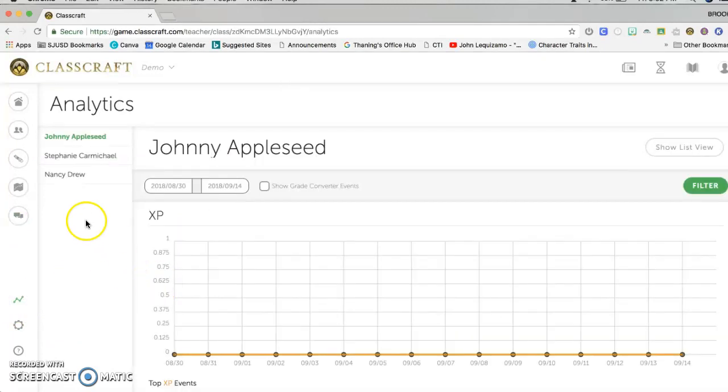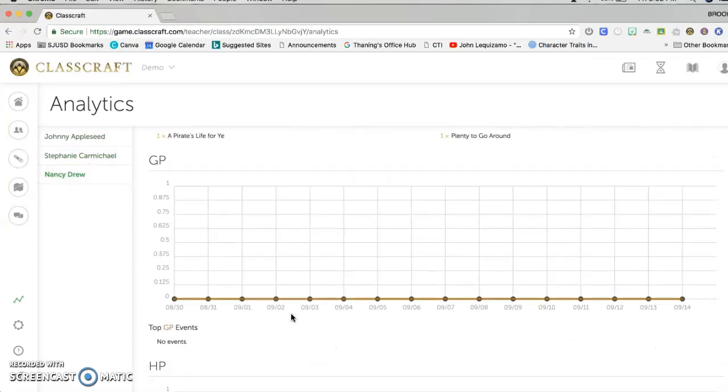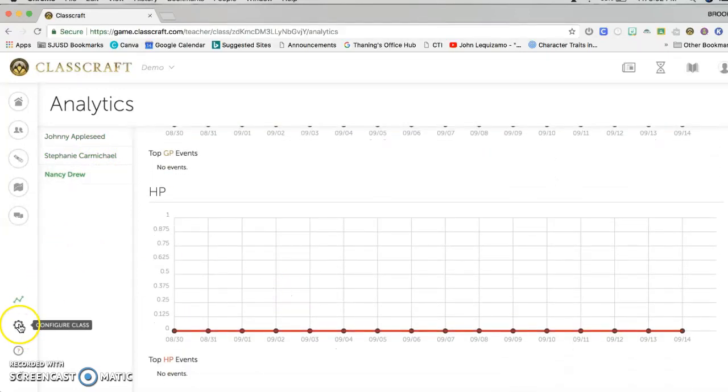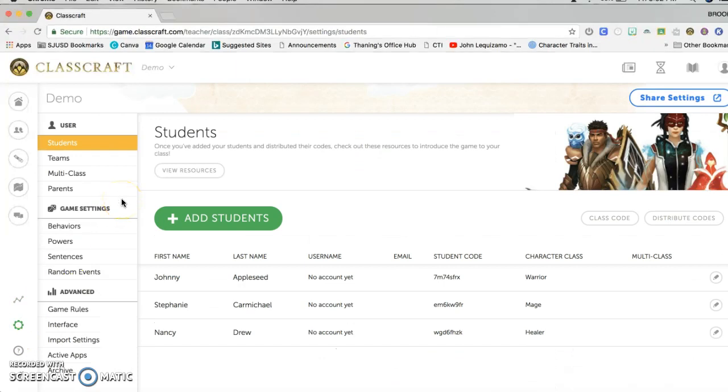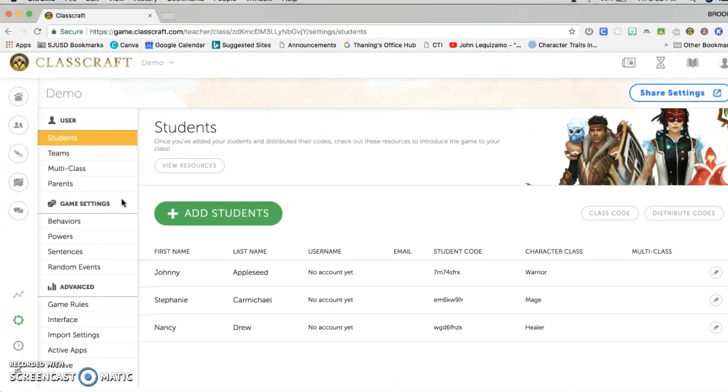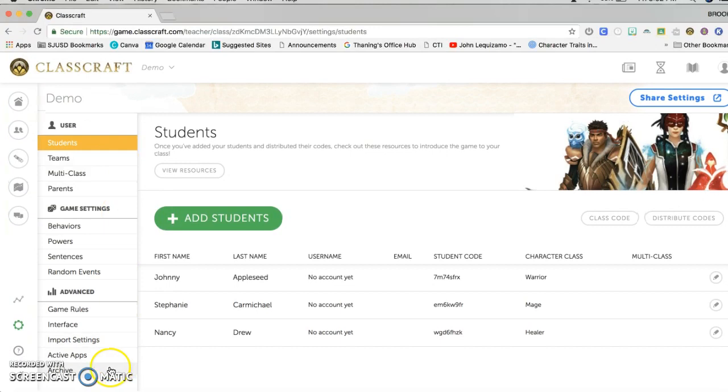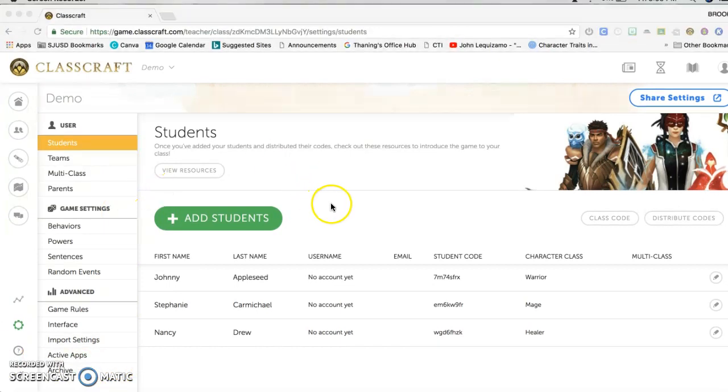You can view the analytics of each student to see if they've been in the positive or if they've been in the negative. And you can also configure your class and personalize it to your liking, or you can stick with the default settings. This is a program that I really enjoy using with my students, and they seem to